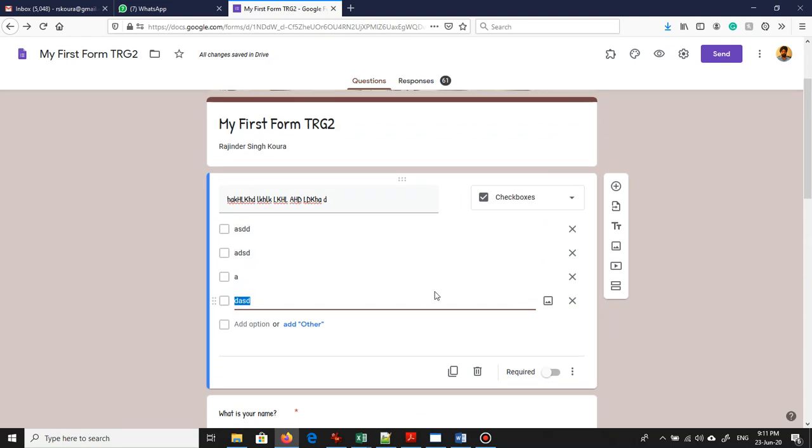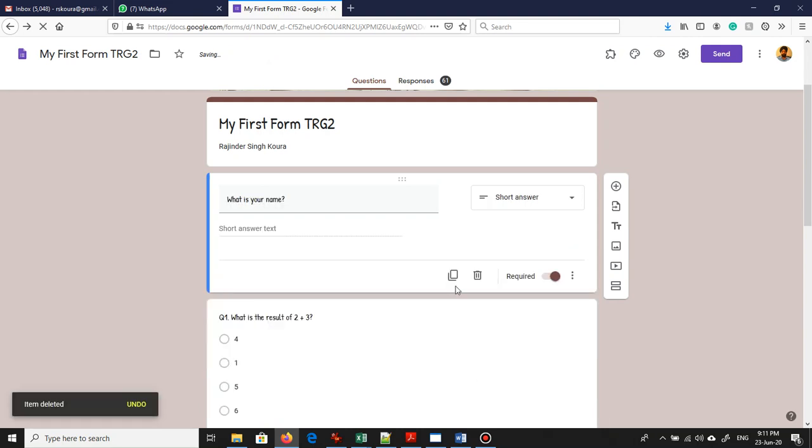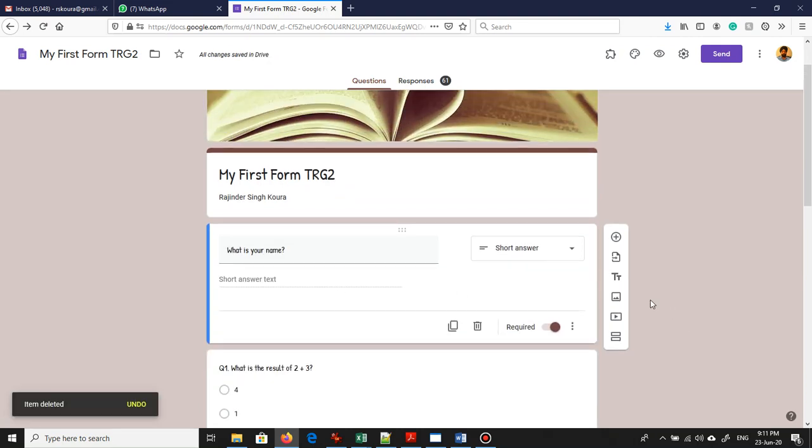Next major problem. Alright, fine. Let me just delete this rubbish question that I've created. Now the next major problem that people had was they did not use this question in their form at all. They wrote 10 questions, they created sections, they did everything, formatting, beautiful forms.